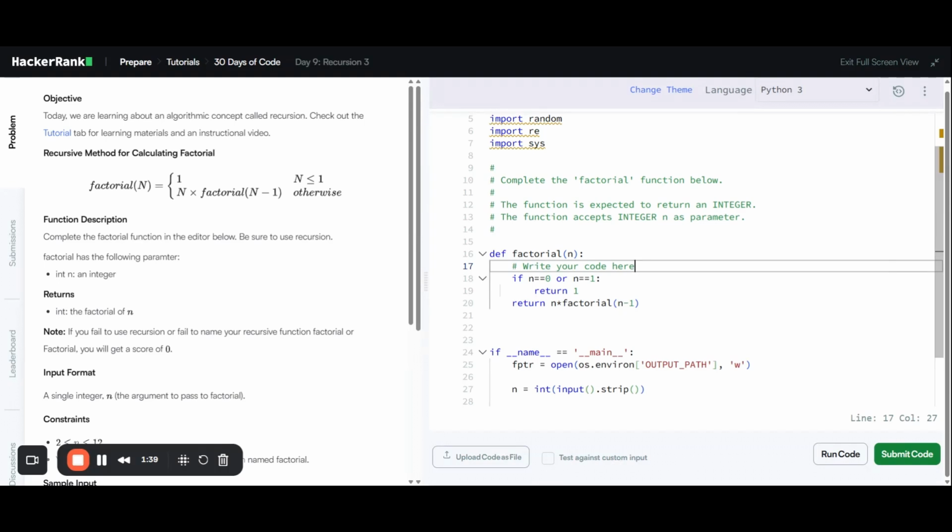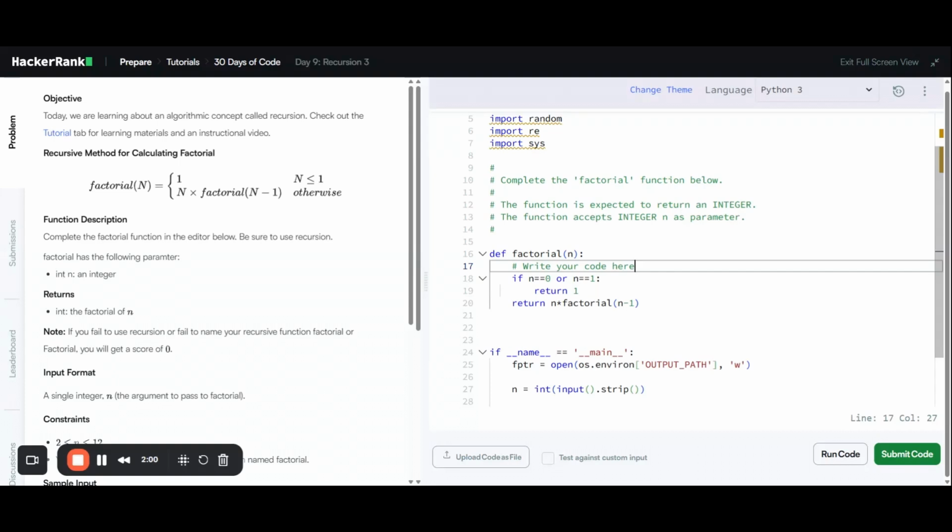And it will again calculate for factorial of 2. And we'll multiply that 3 into the factorial of n minus 1. Again, it will keep on going till n becomes 0 or n becomes 1. That is what happens in this code.